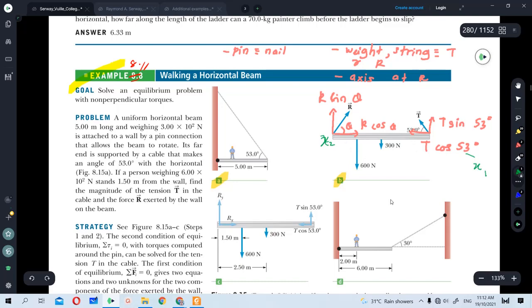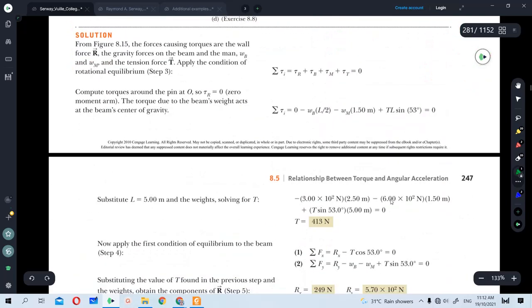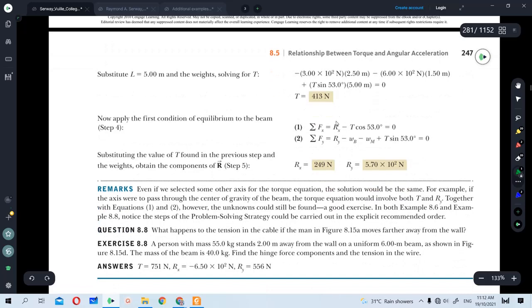So let us now visit the answer. In the X direction, we find that Rx minus T cos 53 is equivalent to 0. Should I say here R cos theta? But it's written in such a way. This is just technique. So you will find that